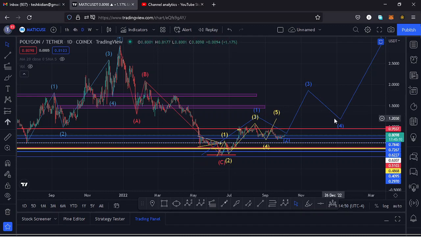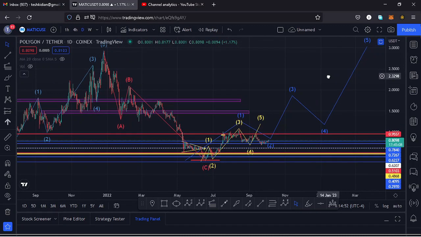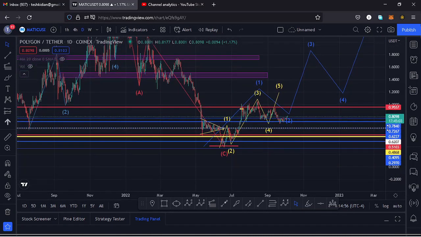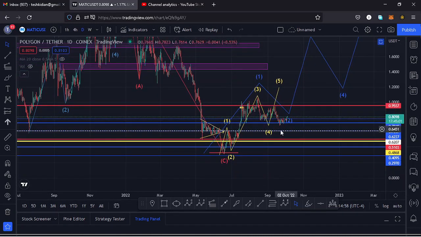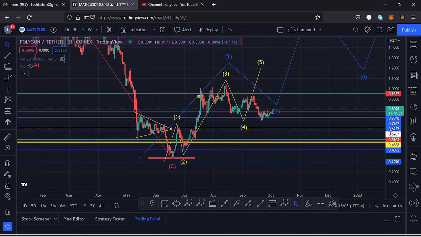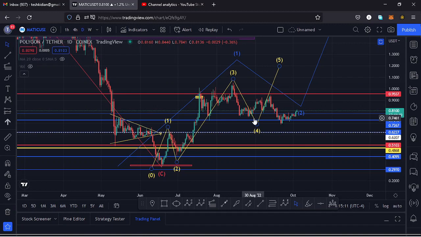to the upside in this Elliott wave structure, having a wave 5 taking us back to an all-time high. But before we get to an all-time high, we first need to see a fast wave to the upper side, and I believe that is what is in formation here on Polygon Matic. And today we are seeing a bit of a breakout to the upper side, and I'll be getting into that